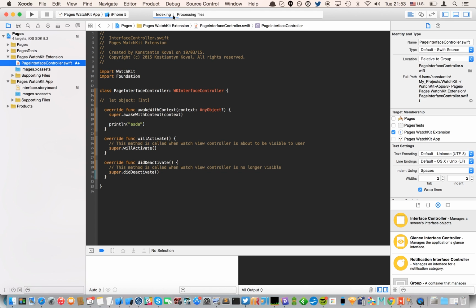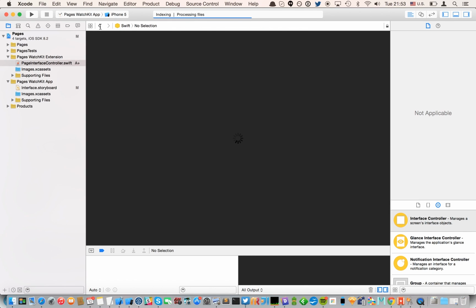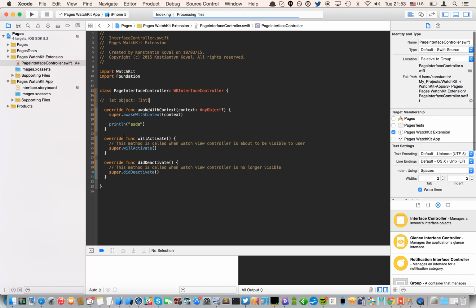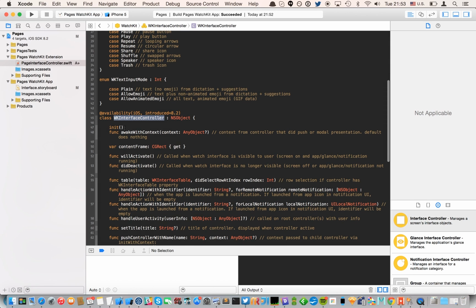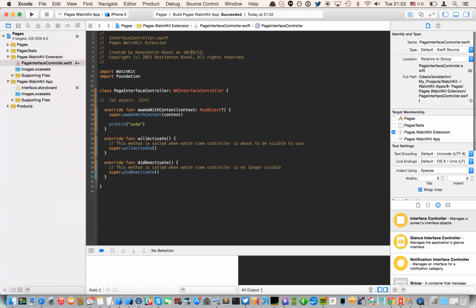Wait until it's really indexing. Alright, now we have highlighting and code completion. So we can go to the interface and see its methods. We see that we have one init which takes no parameters. So this is exactly what we want,